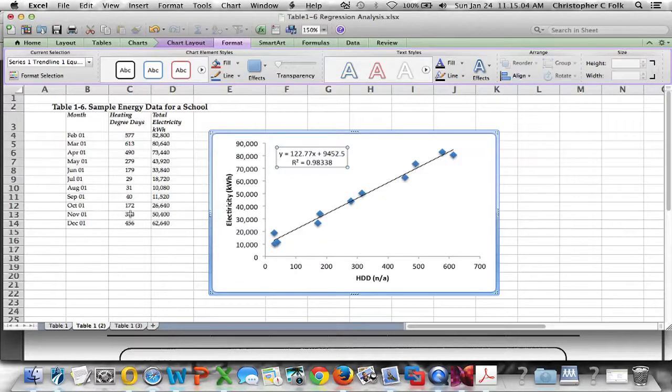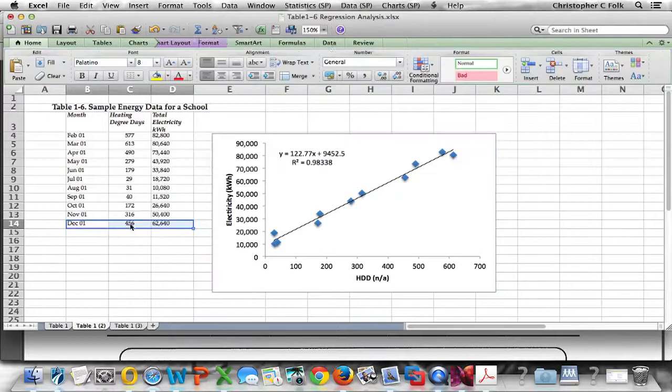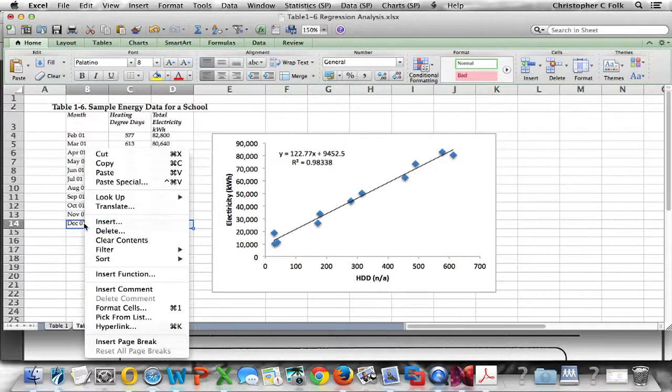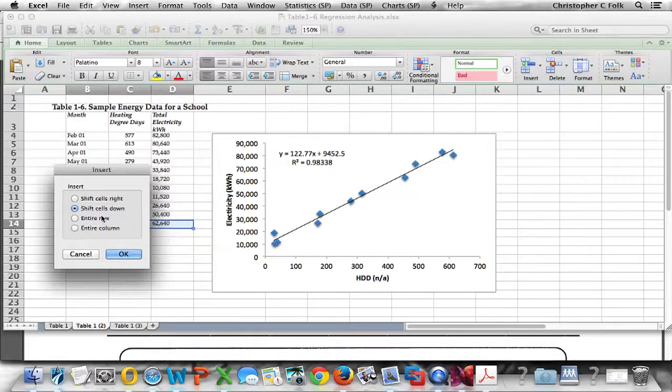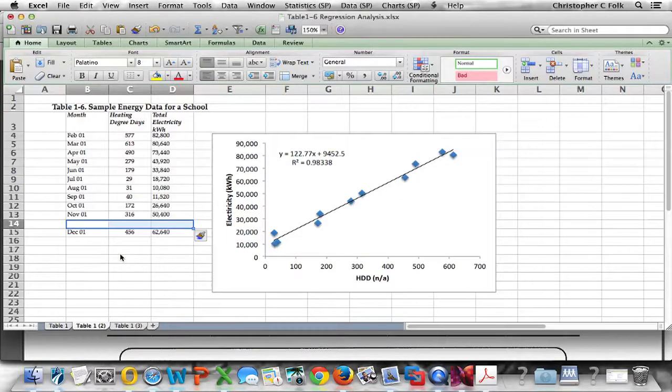Well, I'll show you. I'm going to select this line right here, all three of these. I'm going to right click and I'm going to say insert, and I'm going to tell it to shift the rows down, and it has. The reason I didn't just add to the bottom is I want to keep the same formatting. Now I will grab this line and I will drag it up, and we will copy that information. All I have to do now is change